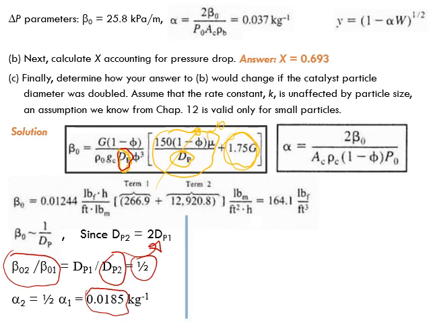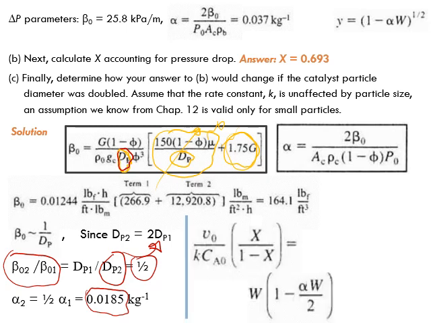Okay, so lower alpha. Let's go back to the resulting design equation here. Solve the evaluated design equation for x again and get x to be 77% conversion. Obviously, it's higher than the previous case, correct? It's higher than the previous case, which was around, I think, 69%. Sorry, it was 69%. Now we have 77% because I have reduced the pressure drop in my reactor by increasing